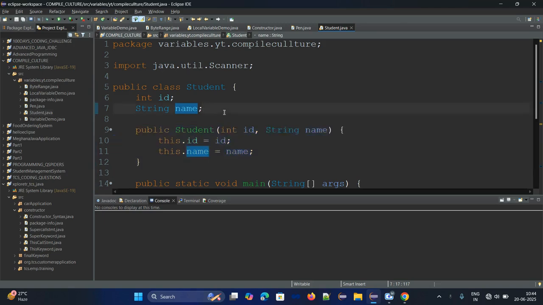See what the non-static members are here. int id and String name are the non-static members that hold the student details. These two non-static members we are going to initialize inside this constructor.